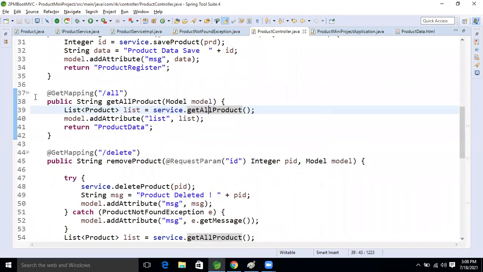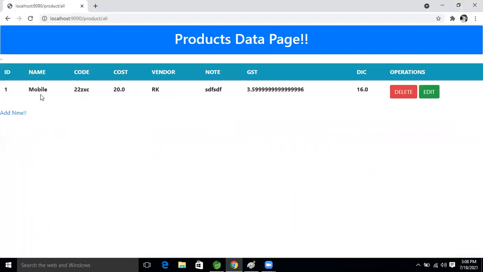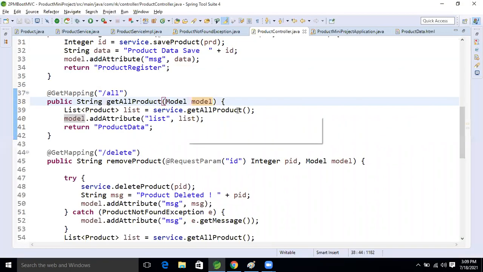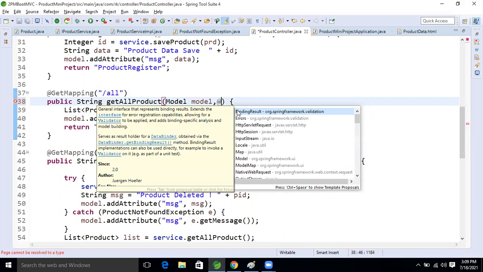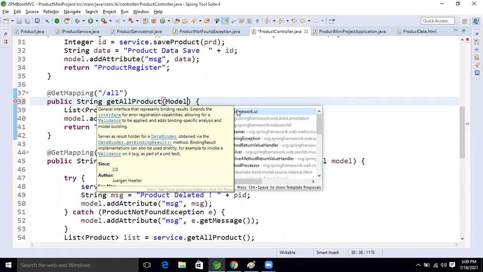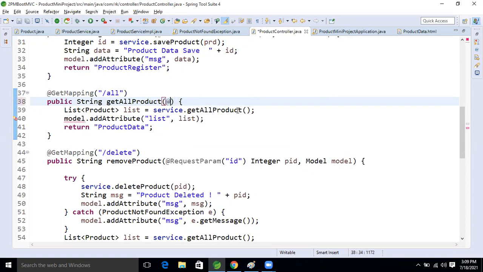Whenever the data we send, whatever data will be there on the page, we will specify by default. One annotation is there: @PageableDefault.